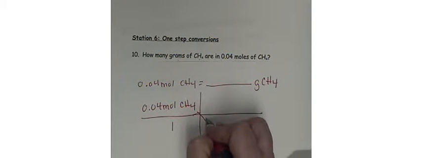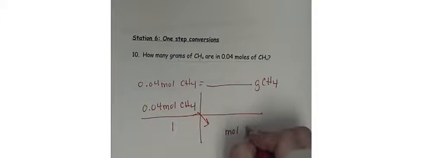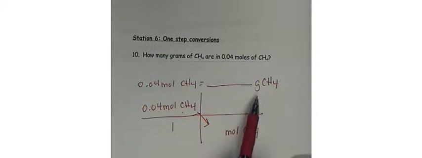We put it over 1. We draw our lines. And we drop our words. Remember to drop all the words. And remember, the reason we're doing this is we actually want this to cancel out because we're trying to go to grams. So you write what you know, or what they give you in the problem, write what you're given,